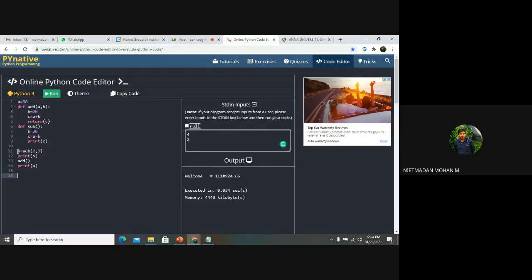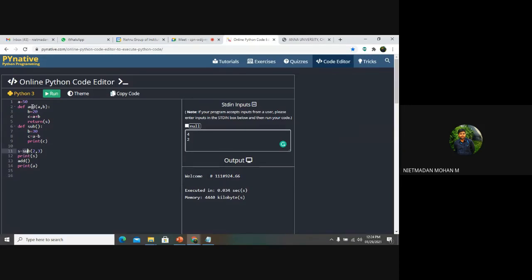It will execute the 11th line and search for the add function, and it will check how many arguments have been written over here. It means 2 and 3, and it will assign A is equal to 2 and B is equal to 3, and it will do this operation and return the value to S, and after returning S, it will print the S value over here. So in these lines of code, I am passing an argument and getting the return value, right?